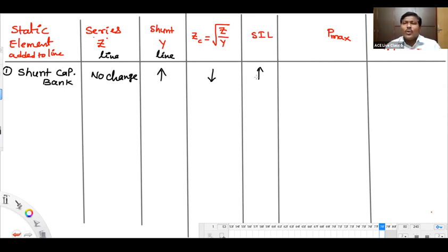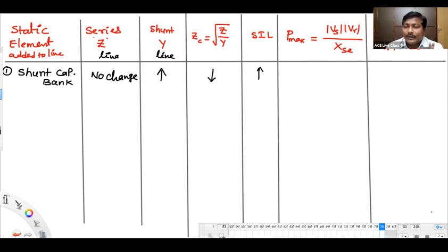What happens to the value of Pmax? See, you know the Pmax equation, I'll write here. P maximum equation is mod Vs into mod Vr by series reactance of the line. See, as you don't have any change in the series element,